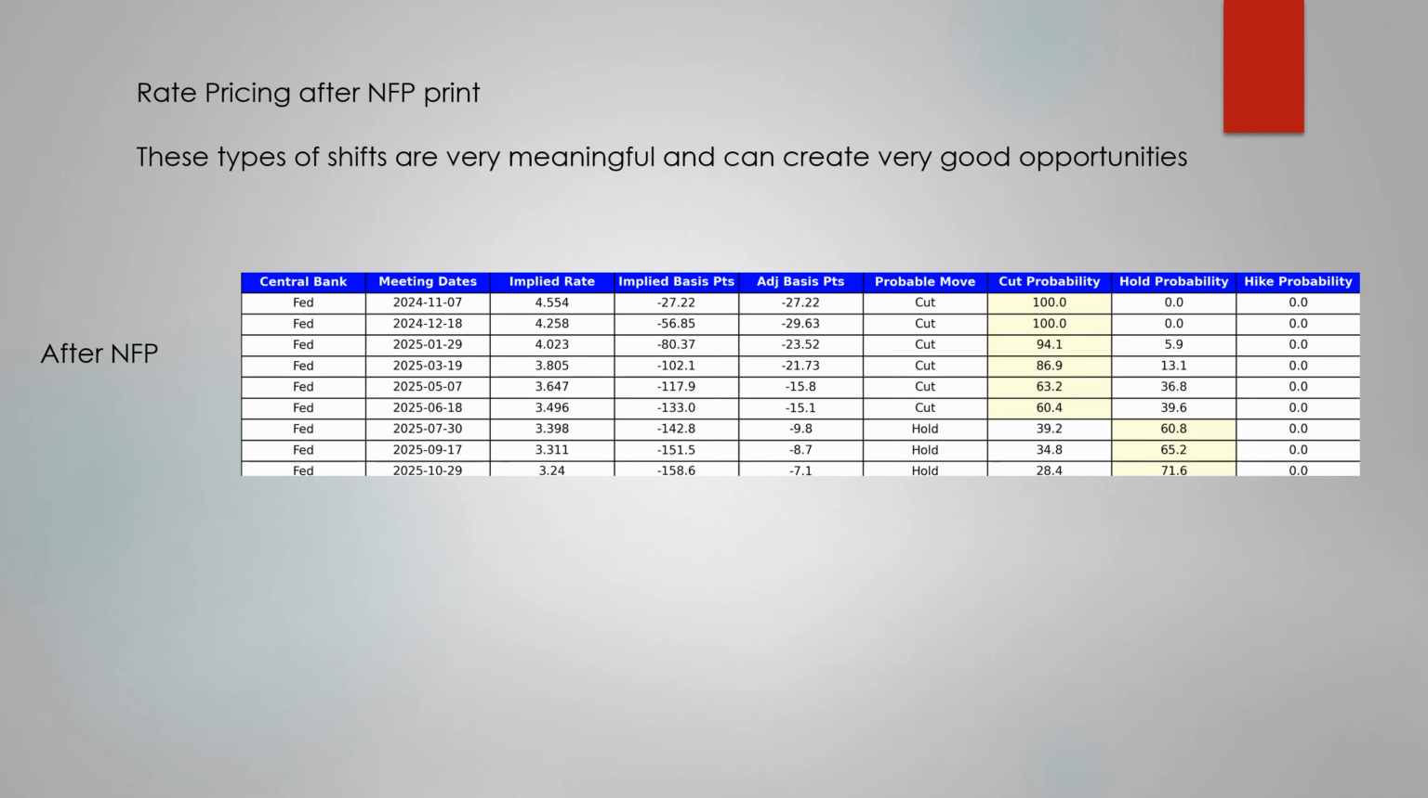We had NFP coming out higher. We also had unemployment coming out lower. And to make everything sexy, we had average earnings month over month and year over year coming out higher as well, as a surprise. So what you will see is this. We saw